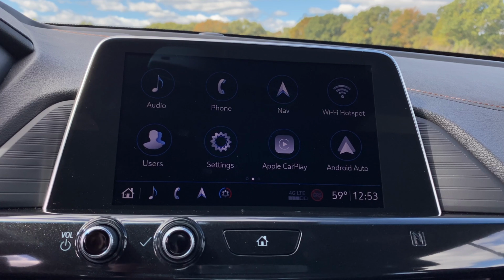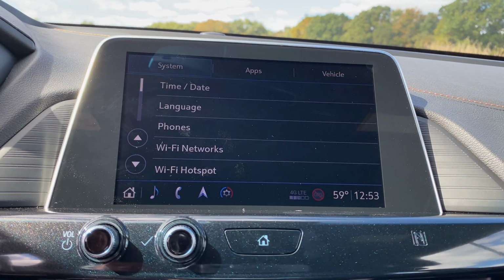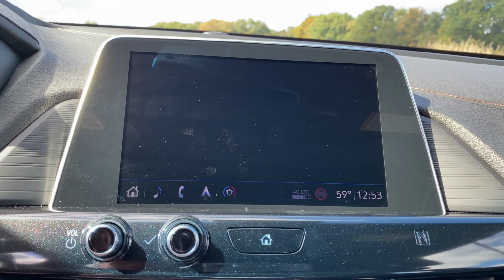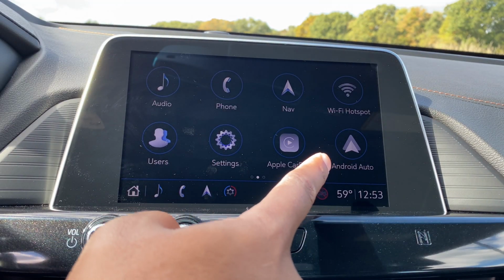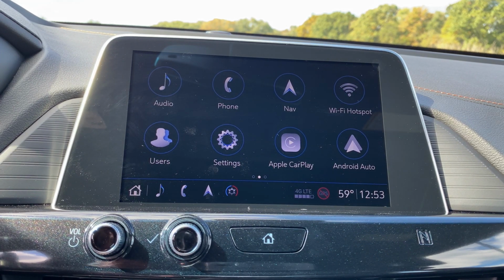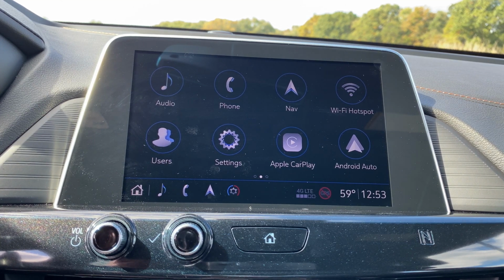Nothing that exciting. The Cadillac CUE system is housed in this 8-inch touchscreen display, which is very prone to fingerprints. But if you want navigation and the Bose sound system, you will have to pay an extra $800. Nonetheless, you do get Apple CarPlay and Android Auto as standard, so if you don't care about a good sound system, you can just save yourself $800. But if you want the Bose sound system, you will have to pay $800, and that will also give you